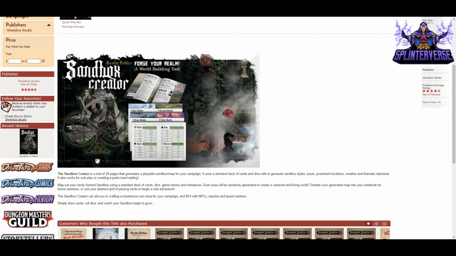It uses a standard deck of cards and dice rolls to generate sandbox styles, areas, prominent locations, weather, and thematic elements. It also works for solo player, creating a point crawl setting. You can map out your newly formed sandbox using the standard deck of cards, dice, game tokens, miniatures. Each area will be randomly generated to create a coherent and living world. Transfer your generated map into your notebook for future sessions, or use your abstract grid of playing cards to begin